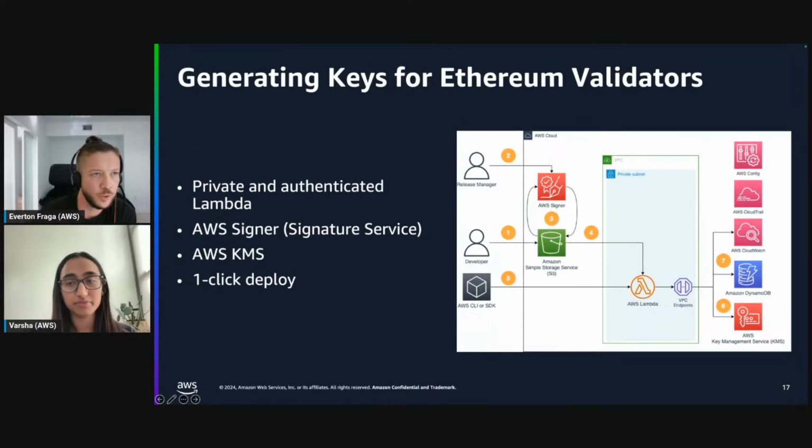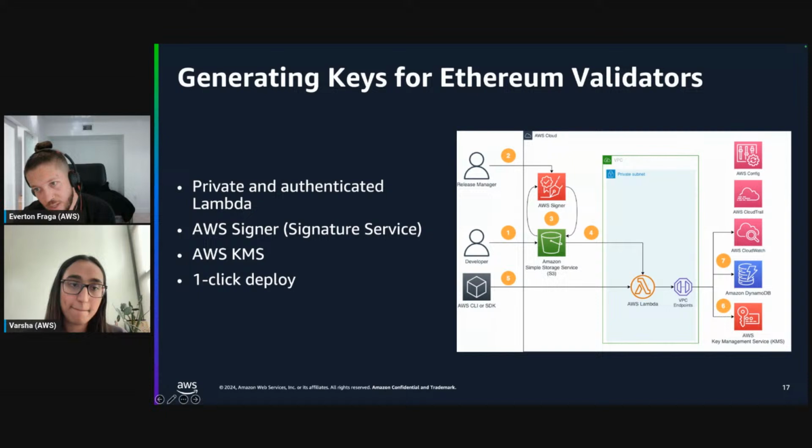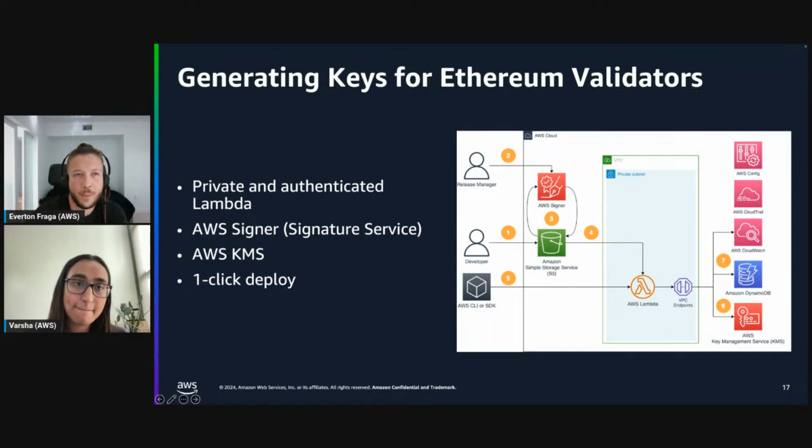All right, thank you. There are several things you can do, right, by mixing and matching those services. Here's a non-exhaustive list of use cases with a bunch of those building blocks together. One thing you could do is leverage AWS Signer, AWS Lambda, and a mix of other services to securely create and share keys for Ethereum validators, right? We do have a solution and open source code to make this a reality, so you can deploy that on your AWS account if needed.